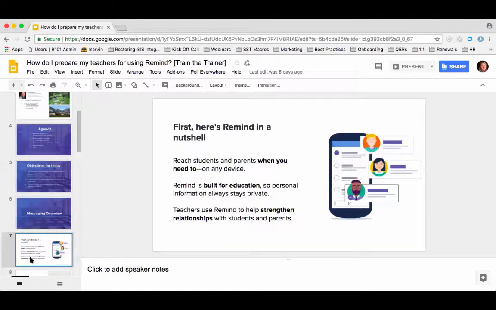For those of you who may not be as familiar with Remind, there tend to be more people who have used Remind than not in these sessions, but quick overview: Remind is a communication platform that was built with education in mind. Primarily, the big piece of that is that all personal information stays private. Whether you are a parent or a teacher, you're still using your phone, which is our preferred and most impactful way to reach people these days, but it keeps all of your phone numbers private and allows you to feel comfortable using that device in the educational